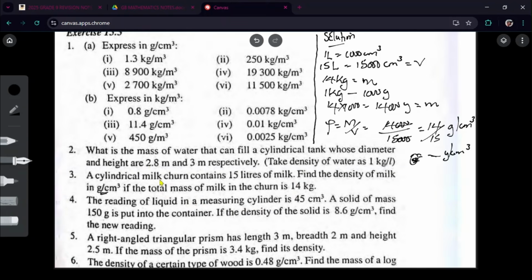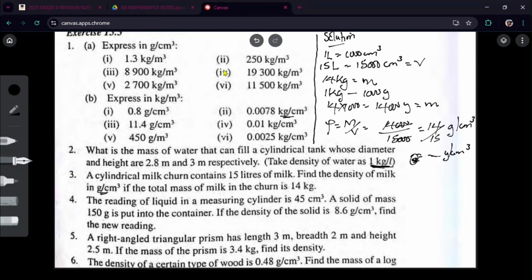You look at this one of a different kind. What is the mass of water that can fill, I'm looking at number 2, the cylindrical water tank whose diameter and height are 2.8 and 3 meters respectively. Take the density of water to be 1 kilogram per liter. Now, this one I didn't mention initially, but this can also be written in this form. Most of the time we express the units of density as kilograms per